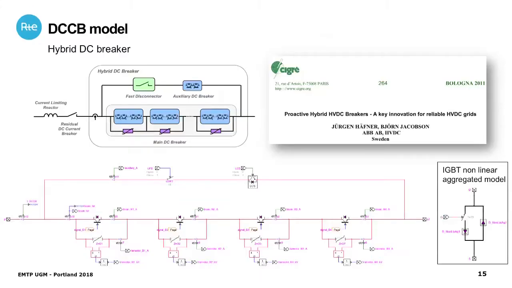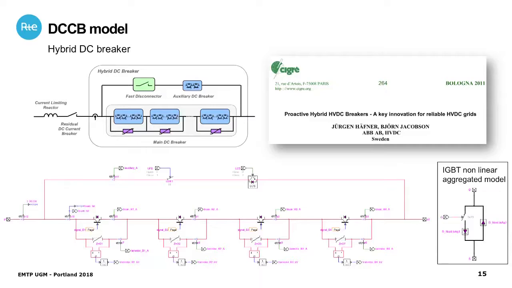Now for the DC circuit breaker, this is the hybrid DC circuit breaker model that has been used. The structure is this one. Actually, it's the one published and used by ABB. So you have an inductor in series with the power electronics equipment, the main DC circuit breaker, in order to limit the rate of rise of the DC current when you have a fault. And you have two